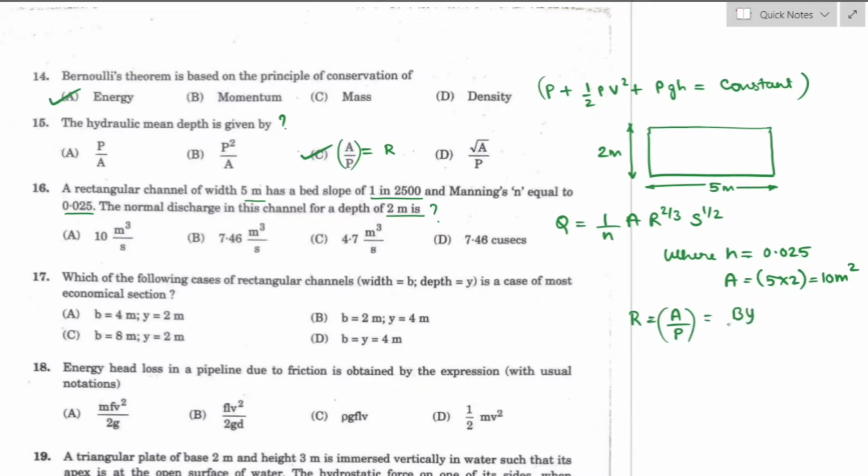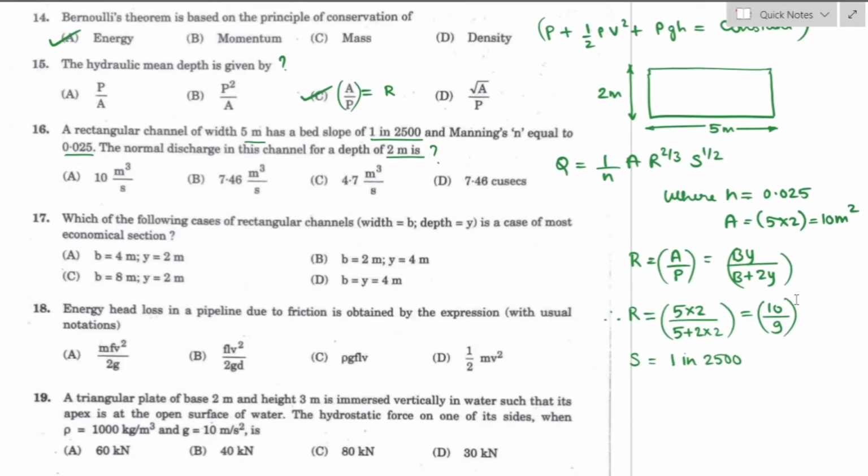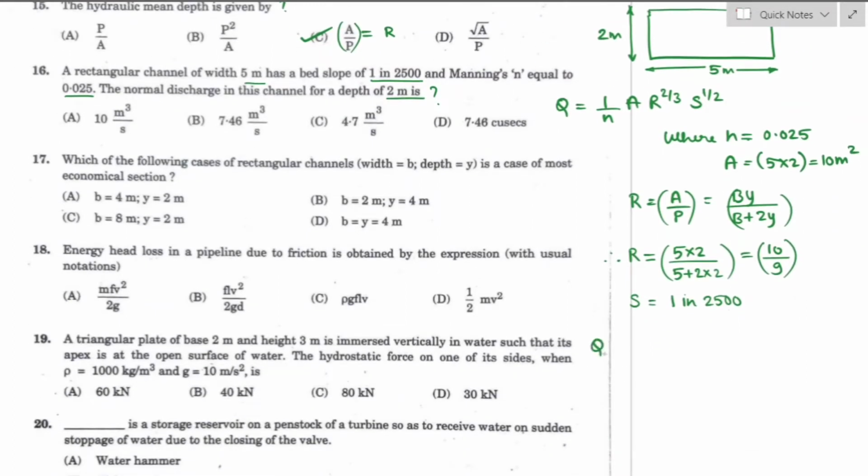So wetted area is b into y and wetted perimeter is b plus 2y. Therefore, hydraulic mean depth will be 5 into 2 divided by 5 plus 2 into 2, which is equal to 10 divided by 9. S is the slope given for a rectangular channel, that is 1 in 2500. On substituting this value, the discharge of a rectangular channel will be Q is equal to 1 divided by